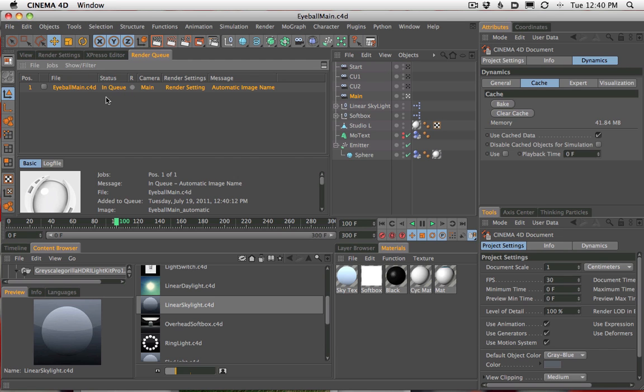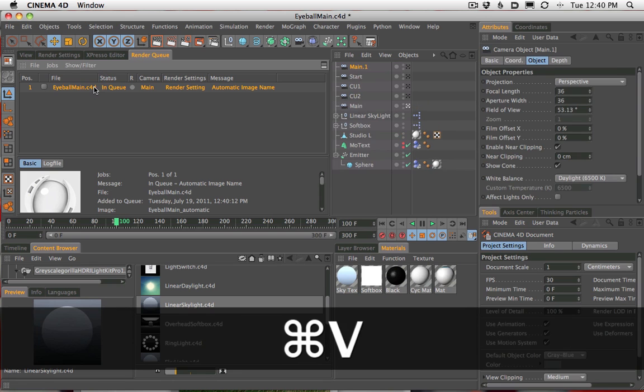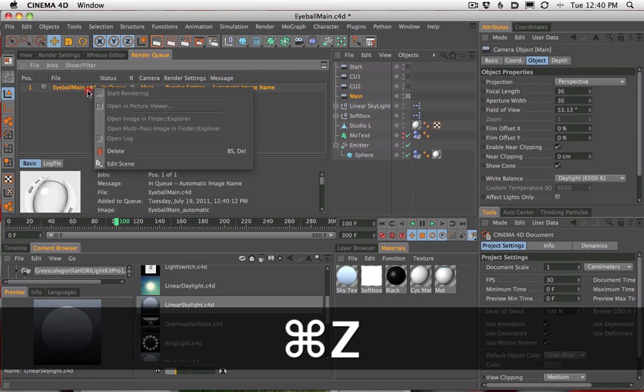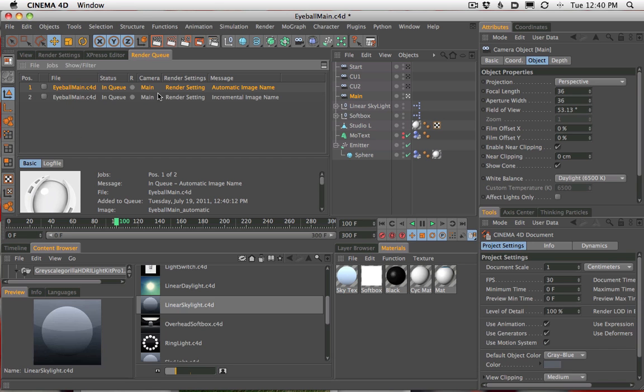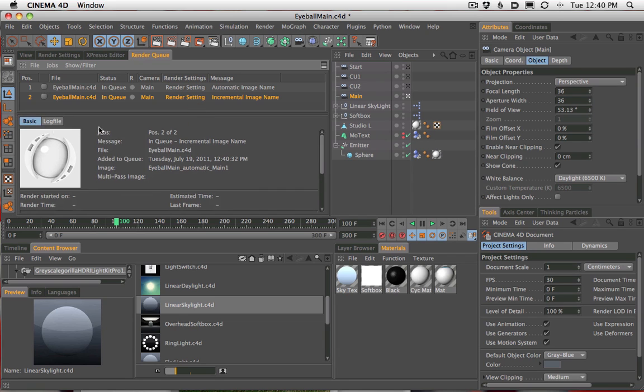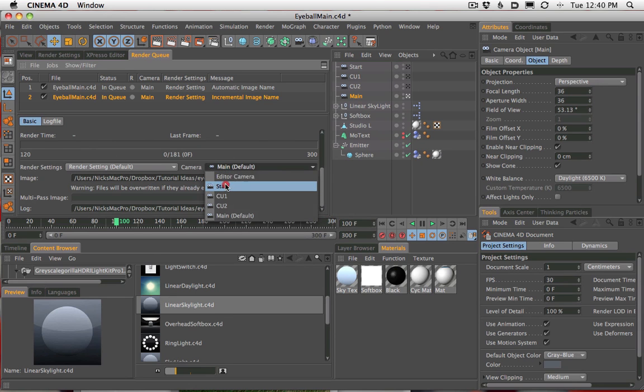Now, if we just wanted to render different cameras, what we could do is go ahead and duplicate this. You can drag this out, yeah, there we go. Command-drag it out, go into the other settings here, and then go down into all the settings. Let's turn it on. It's not showing me stuff down here. There it is. We could just change the camera to another camera. So now we have main camera, start camera, and we can go all the way down through here.